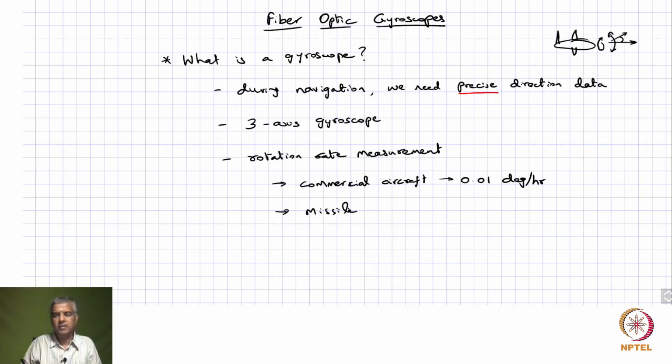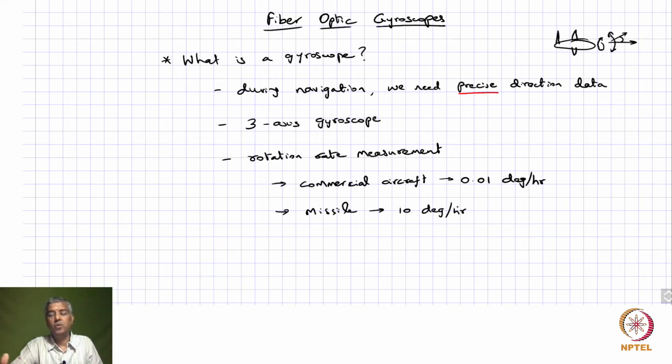If you're designing something for a missile, this could be as bad as 10 degree per hour, just because of the fact that you are taking this relatively short trip, right? So for that, you don't typically need that high level of precision. Okay, but all said and done, any of these navigational applications, you need a gyroscope,